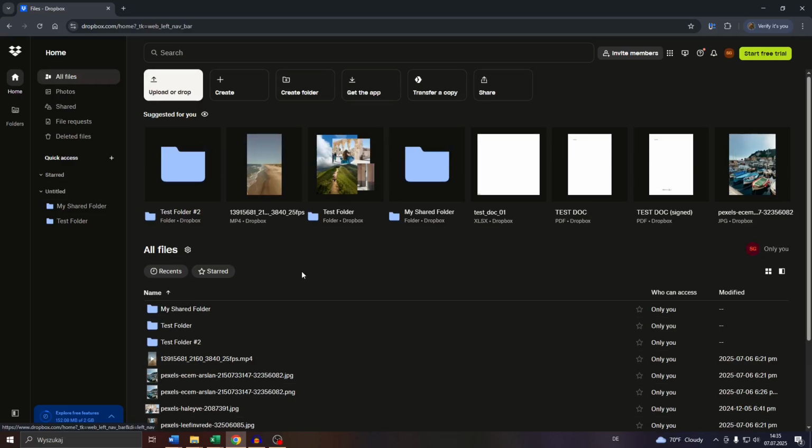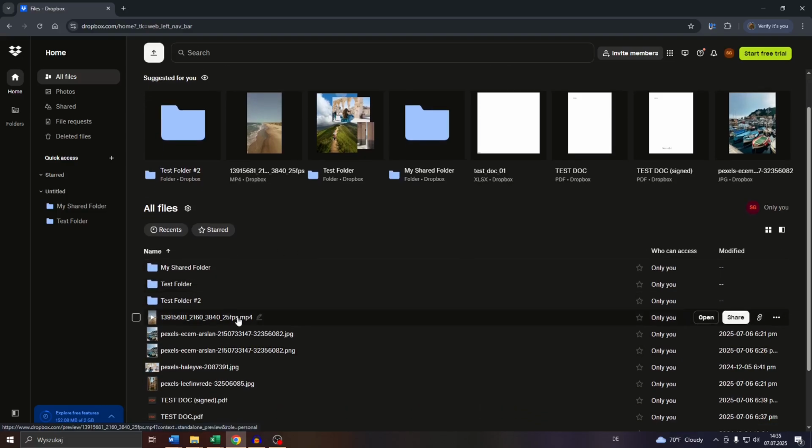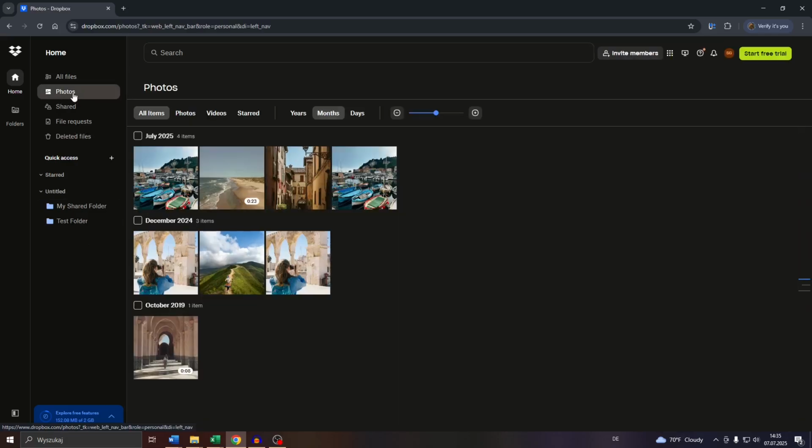So let's assume you accidentally deleted files like photos or videos from your Dropbox library. So let me do that for demonstration purposes and show you step by step how to recover such a file or folder. So for the sake of this tutorial, let me head over to Photos here inside my Dropbox account